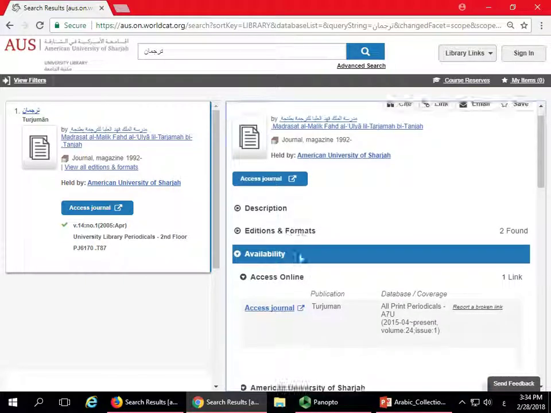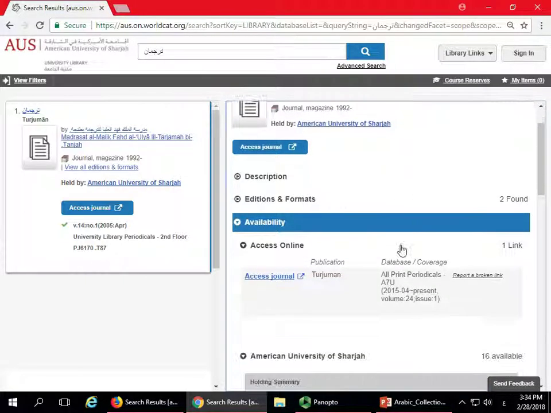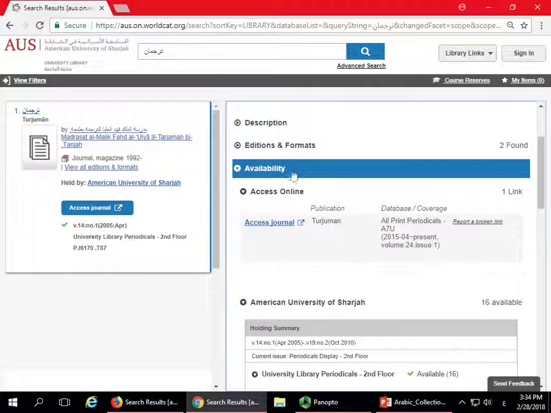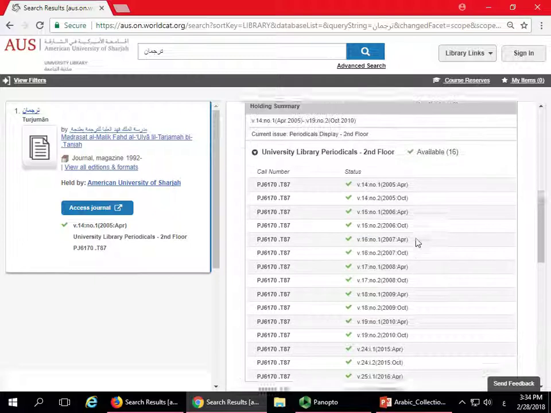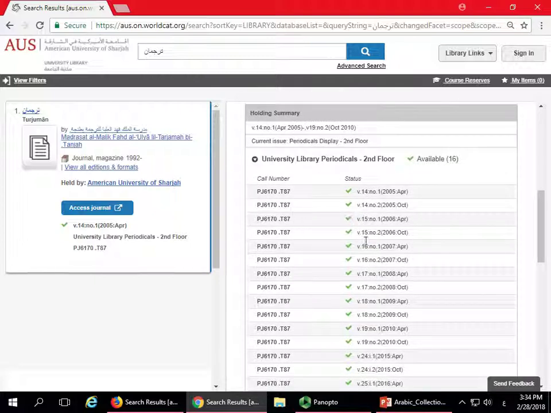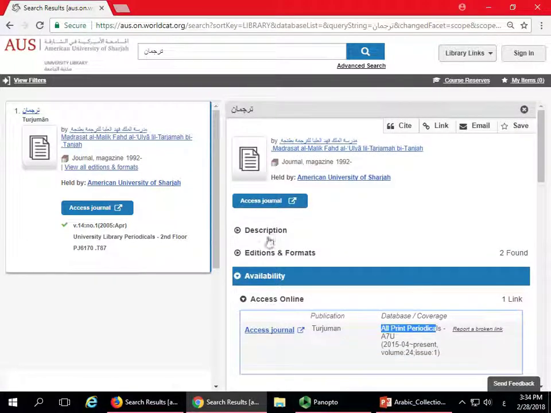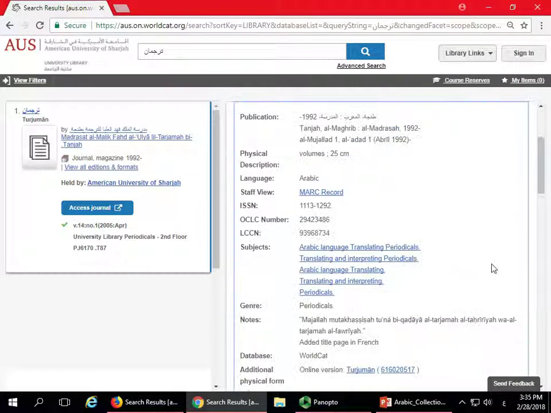And when you open the record of this journal, availability, it tells you that we have it all in print, and these are actually the volumes and issues we have in the library, and they are located all on the second floor, obviously in the no talking zone. You could also open the description section in the record if you are interested in looking for more journals about Arabic,